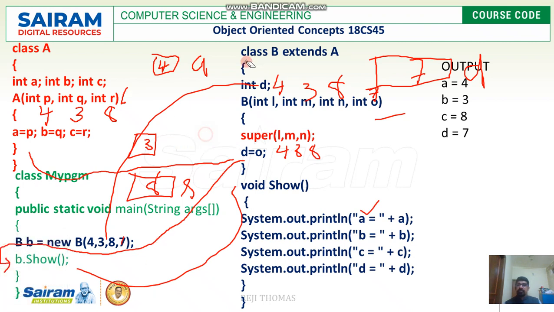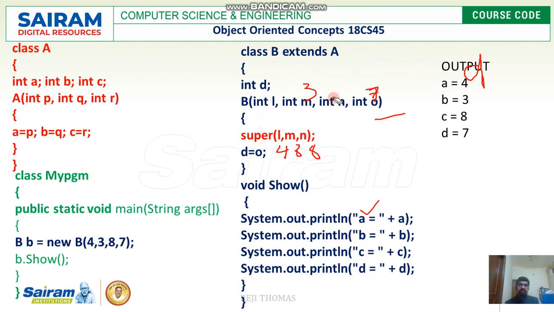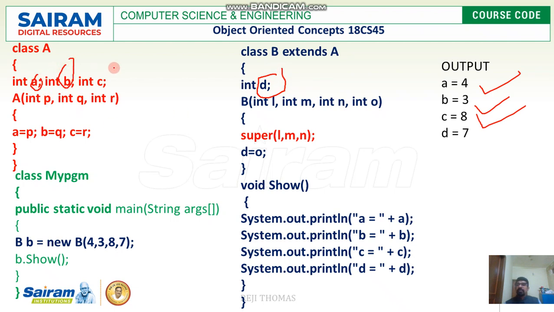So this is a way by which we can invoke the constructor in the superclass. How is this possible? This is done using the keyword super. So finally we got the output like, a is 4, this a belongs to the superclass, b is 3, this also belongs to the superclass, c is 8, this also belongs to the superclass, and d belongs to the subclass. We are talking about this d, and we are talking about this a, b, and c. So we got the output as a is 4, b is 3, c is 8, and d is